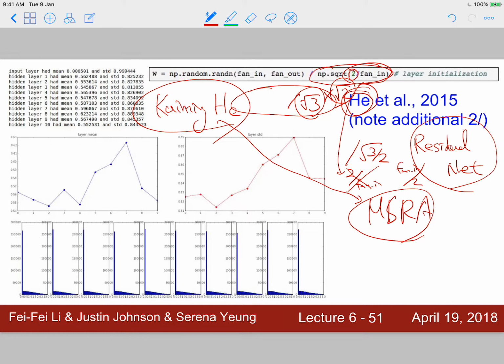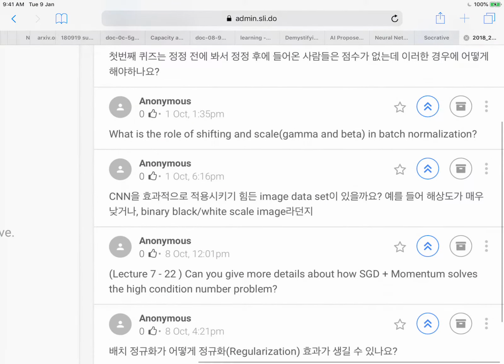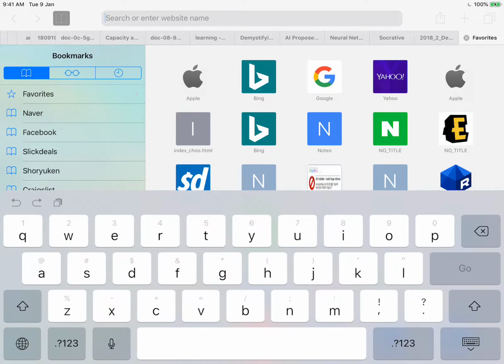He also invented a really well-performing network for image segmentation called Mask R-CNN. Just to make you a little bit interested,